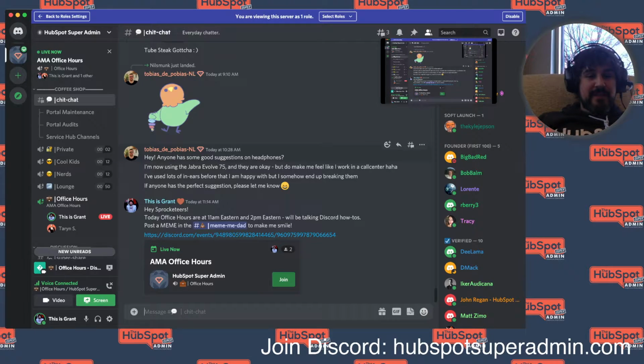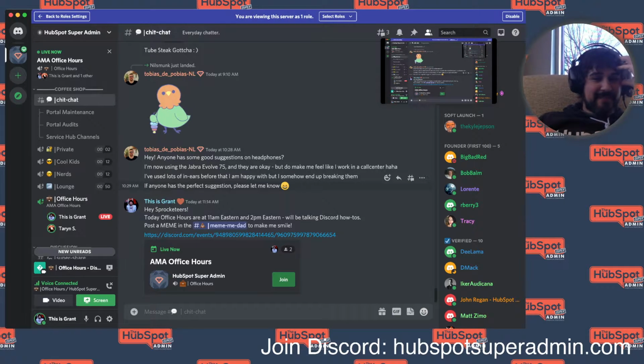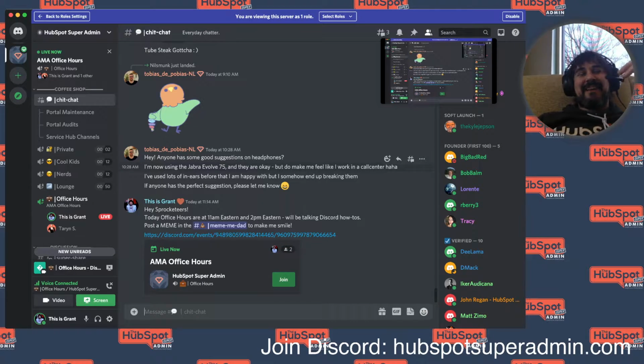And then the cool kids and the nerds table. The cool kids table and the nerds table have a limit of 12 people. And then the lounge is a bit bigger with 50 people. Exactly. And this is ongoing. This is open. Anyone can jump in at any time. They can click over to the nerds table. It's there for us to use, and it's limited so that you can have a conversation the way you want it, and it's not 150 people and everyone's talking over each other.